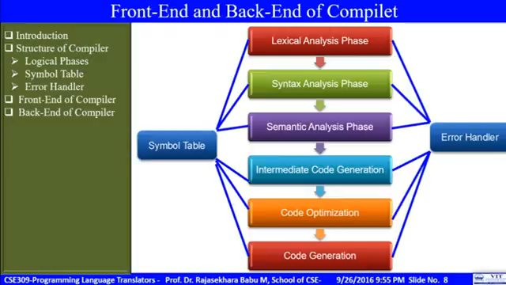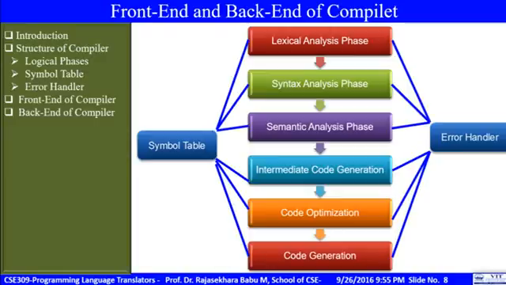dead code elimination. Sometimes we write code like this: if x is equal to 0, and then 1000 lines of code. Since x is defined as 0, the condition is always false, so the code under this control statement will never be executed. It is called dead code. There are many such pieces of code, and all of them will be optimized and eliminated here, and finally passed into the code generation phase